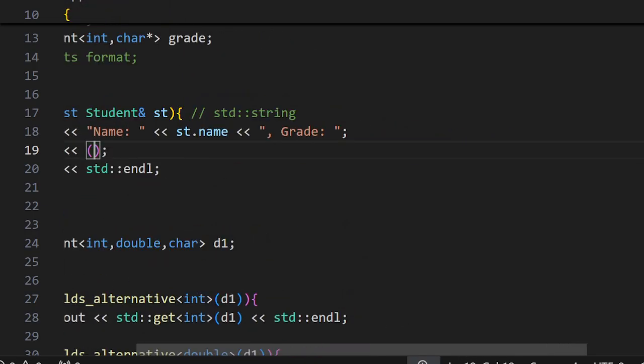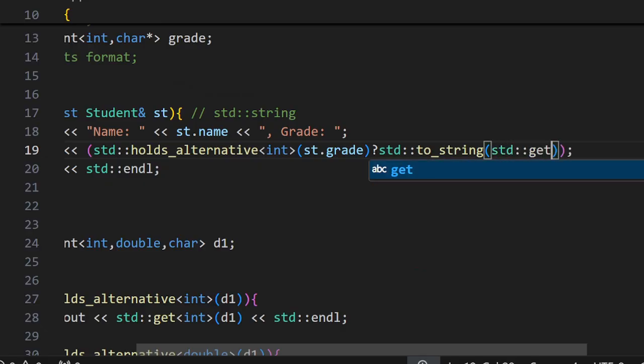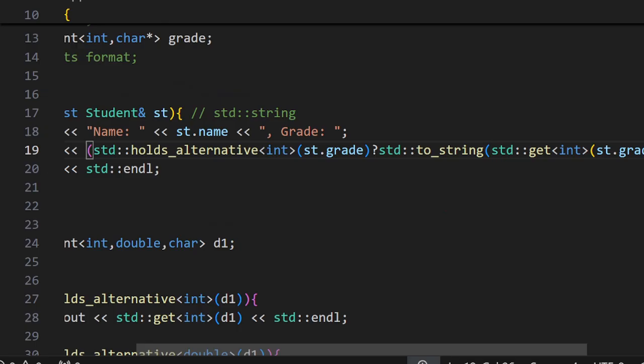So what you can do is, as an alternative, you want to check whether this is integer, and the object you want to pass inside is grade, and if it is integer, then you want to convert that into a string, and before you convert you need to use this get function, but you want to get the integer type from the grade object, right? Otherwise